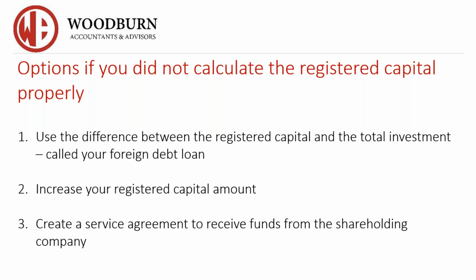The second option is increasing your registered capital amount. So let's say you increase your capital from 70,000 to 150,000. Okay. The downside to increasing your registered capital amount is, as I explained yesterday, your company in China, your limited liability company, is liable up to the registered capital amount. So there has to be this balance of how much capital do you need and how much risk you are going to take with that liability and that amount.